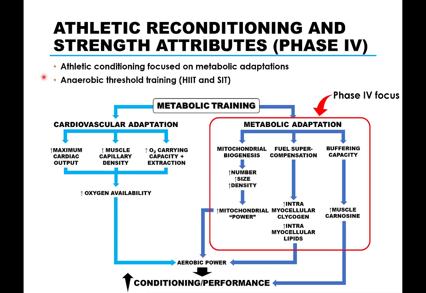So if we take two athletes, for example, athlete A experiences this fatigue at a running workload of 8 miles per hour, while athlete B does not at the same workload. This means that the metabolic stress in the active muscles of athlete A is much greater than athlete B at this 8 mile per hour workload. And thus, athlete A experiences fatigue and their muscles, quote unquote, pump their own brakes to relieve it from this stress, while athlete B is able to sustain this 8 mile per hour workload because there is no fatigue.